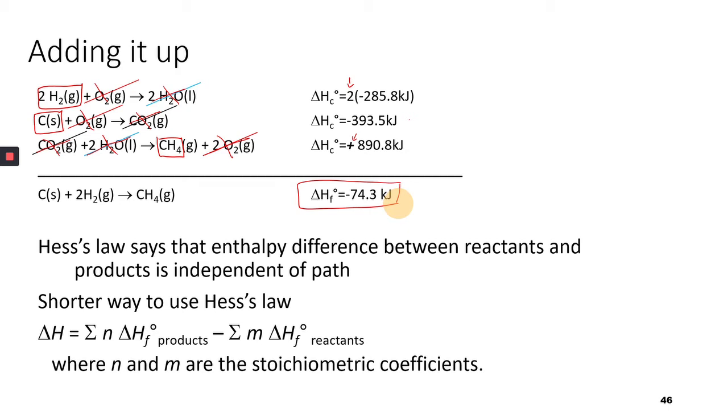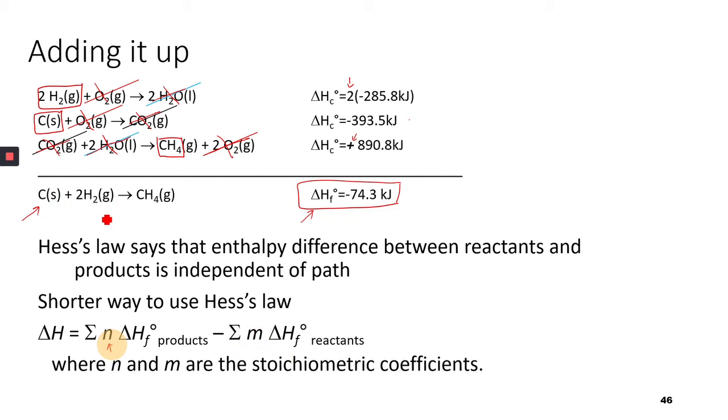Okay, so Hess's law basically states that the enthalpy difference between the reactants and the products is independent of the path. You could have as many of these reactions as you want, as long as when you add them all up, you get the reaction you're looking for, then you should get the right delta HF. A shorter way to use Hess's law, instead of writing all this out, is to take the heat of formation of the products, so in this case methane, and n is the number of moles in front of it, so in this case a 1. So 1 times the heat of formation of methane,